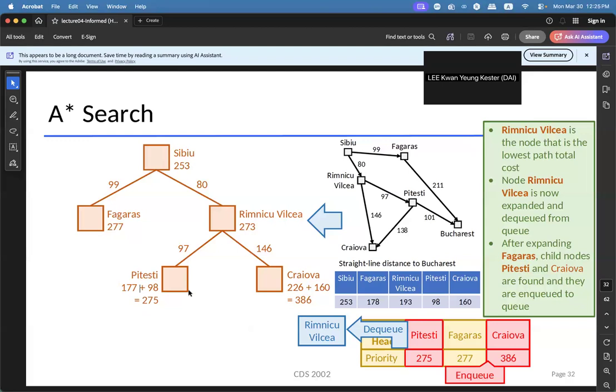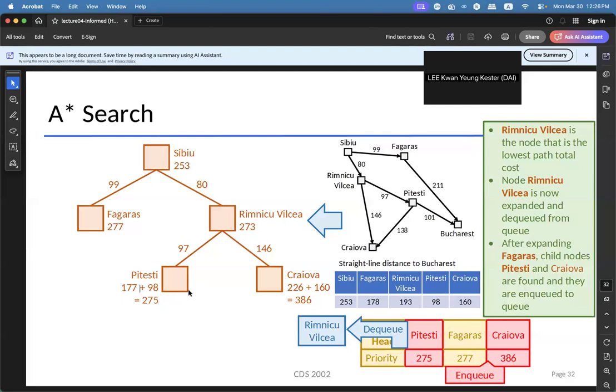Okay, and you do the same for Cavera, and you keep on doing this again and again. Then when you reach the point that the node you expand is the goal state, you stop. So this is the rule that I already talked about in the previous lecture in solving the problem of the A-star search. The A-star search is not that difficult.